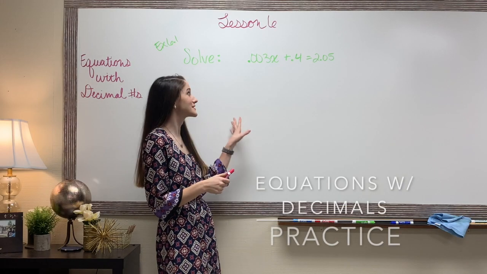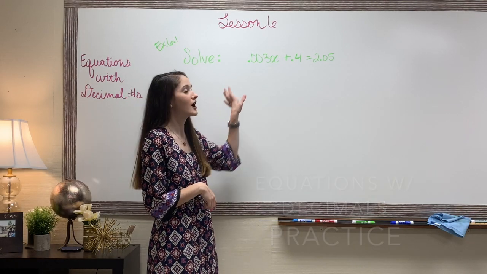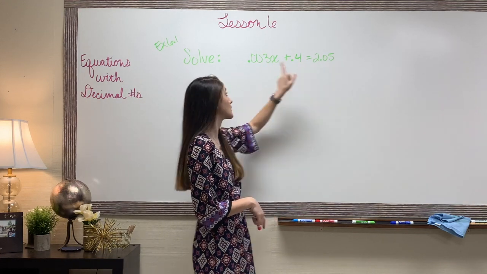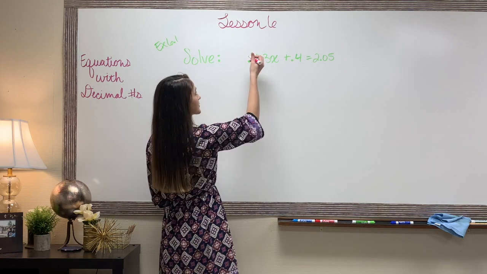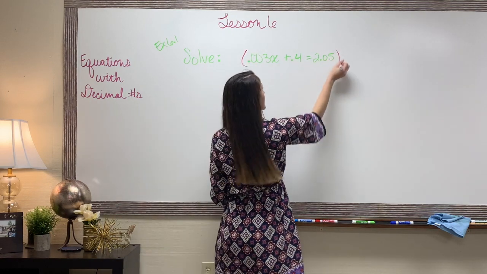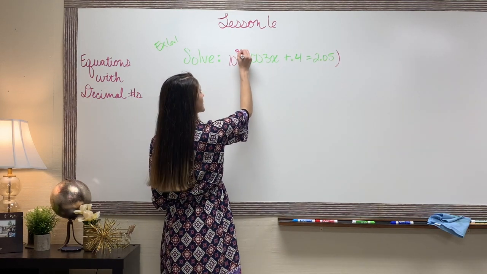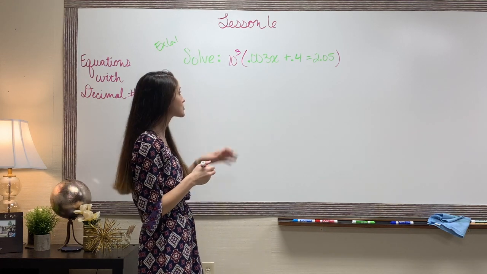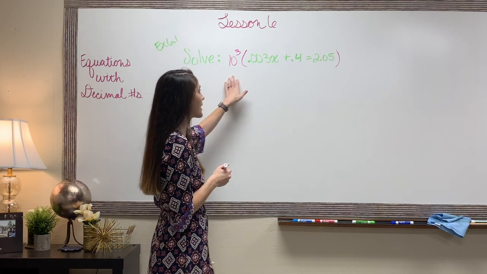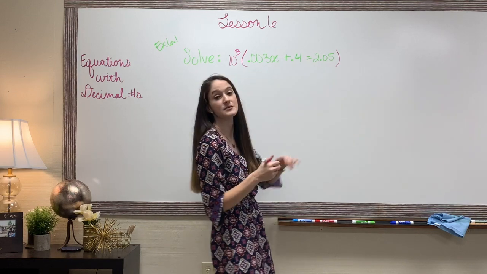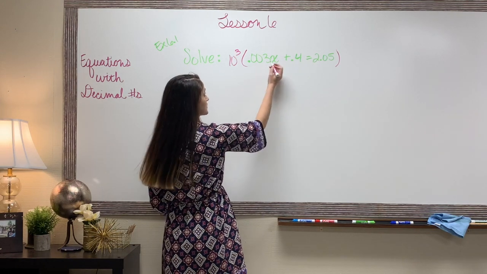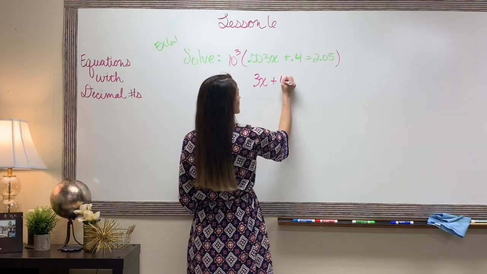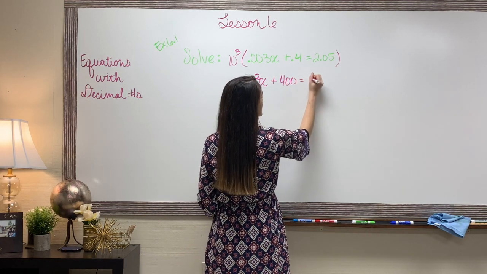Okay, so in our first example, we're going to look for our deepest decimal place. And so I have 3 decimal places, 1 and 2. So this one's my deepest. I'm going to multiply everything by 10 to the 3rd because it has 3 decimal places. And now, as I distribute this 10 to the 3rd power, I'm going to move the decimal place 3 times on all of these terms. So to move this 3 times, it will be just 3x plus 400 equals